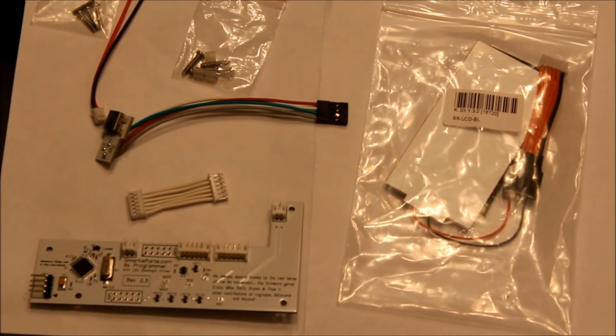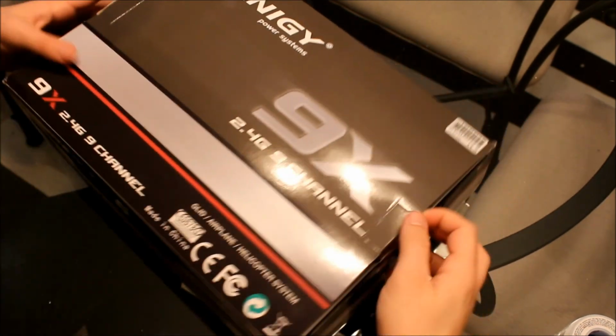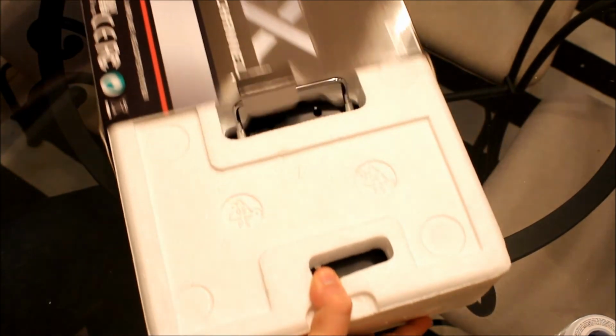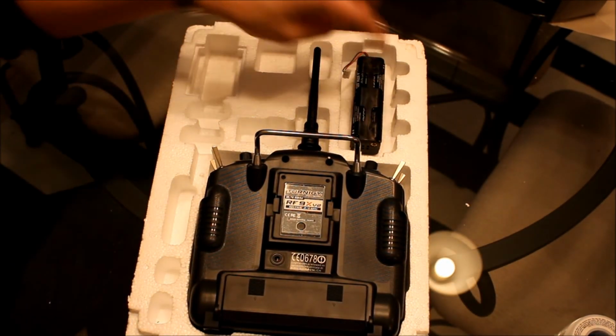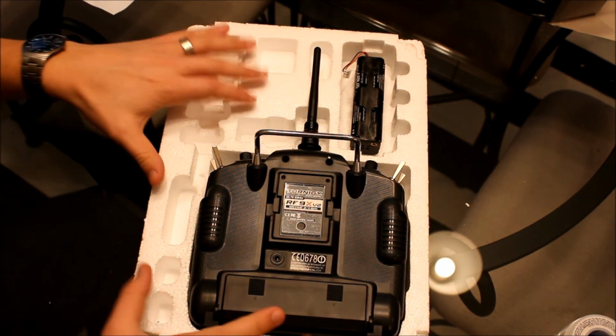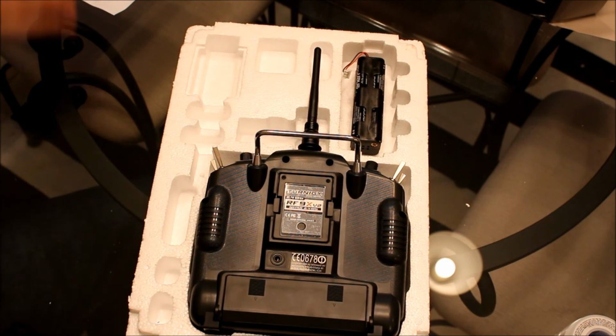Okay, let's go ahead and get this out of the box and get started. Okay, I've already gone ahead and taken out the battery harness. I'm going to keep it in this tray. It's pretty easy to work with, keeping it in the styrofoam tray here. So let's go